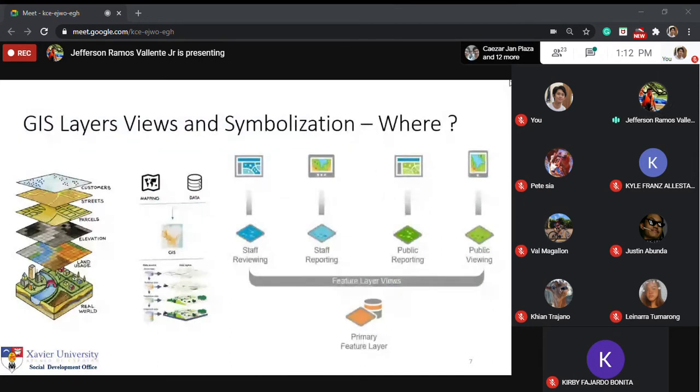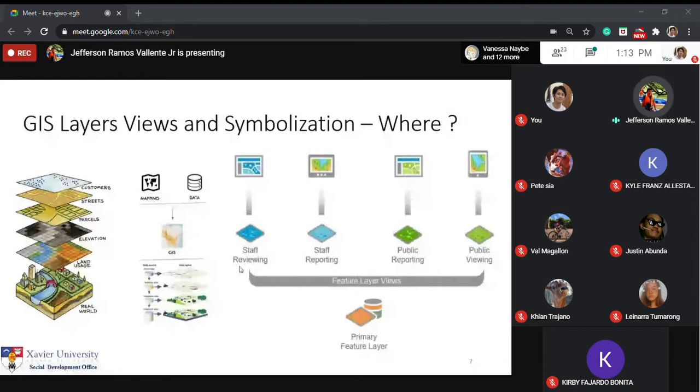final project. So you will use mapping and data information and put it into the tool, which is GIS. And we will publish it online. So you will have different layers from point data, such as if you're using customer data, lines for streets perhaps, or areas for parcels. Parcels are like polygons in a map. You will also use elevation data, land usage, real-world data, and even for publishing them, we will have different layer views from yourself or your groups for staff reviewing to staff reporting, and then if you decide to publish it online and